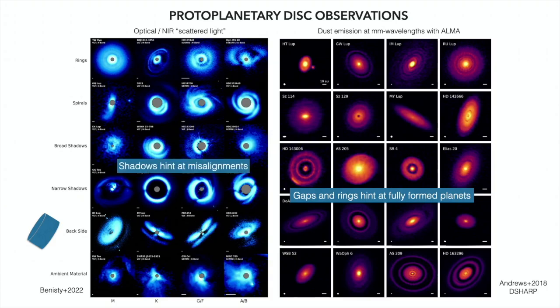All right, but we also see things that were not necessarily expected, but we now think are obvious in hindsight, which is there's a lot of hints that things are not neatly aligned. So for example, the shadows cast by misaligned inner disks, the shadows that take up like half the disk sometimes, so things are really quite messy. And we're also going to talk about the fact that you see a lot of connection to the environment, so things are not necessarily isolated.